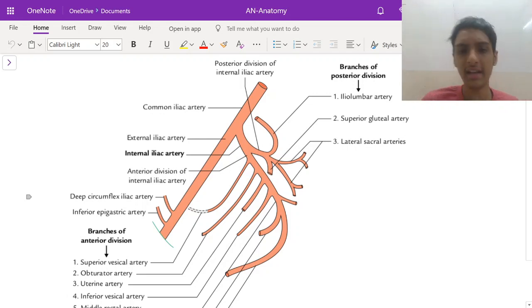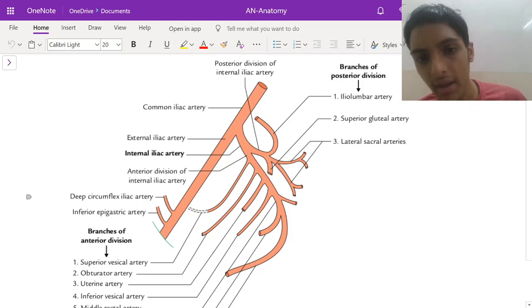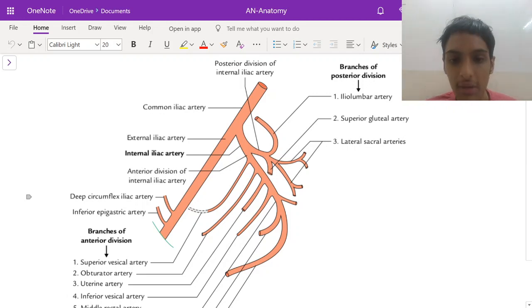Briefly, the clinical importance of the common iliac or internal iliac artery is during pregnancy. When the delivery of the baby is happening, after the nine months are complete and it's time for parturition, bleeding happens. Bleeding will happen with pain, right? That bleeding is because of this artery only. The common iliac artery is causing that bleeding in the placenta. So that's briefly the clinical significance of the common iliac artery.